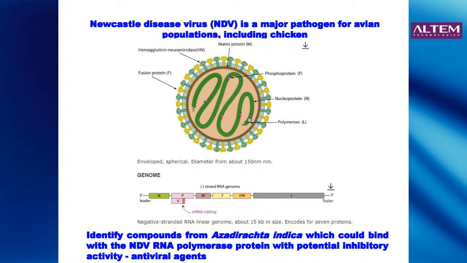So the previous study, at the end I told you, was conducted at a cellular level and could be further refined by doing a molecular assay based study. So here we were using that principle and looking at natural compound binding partners for the viral RNA polymerase using in silico analysis.